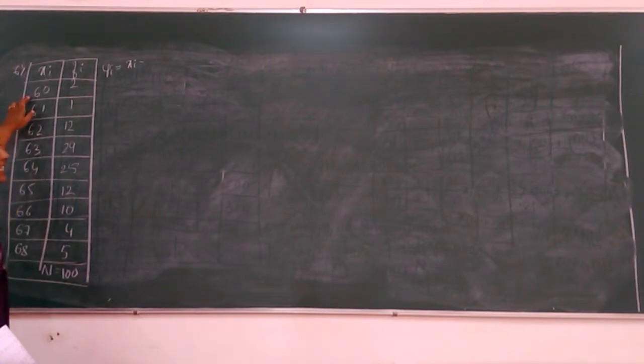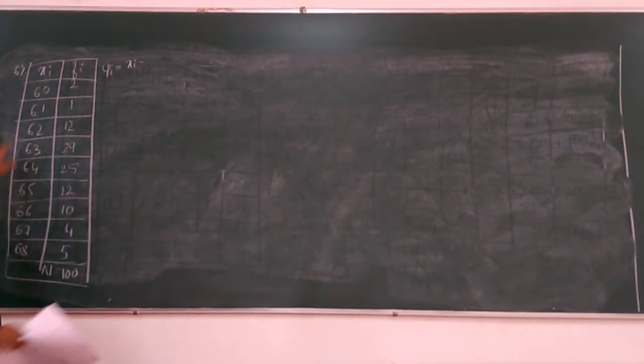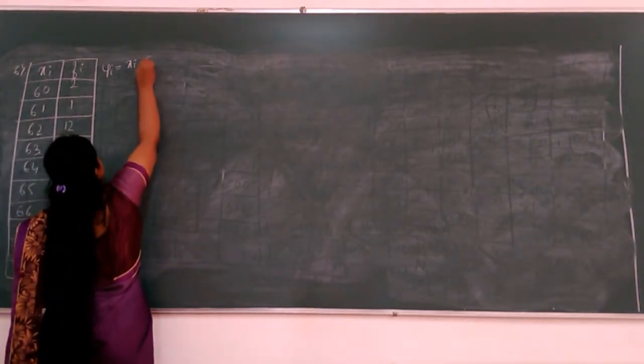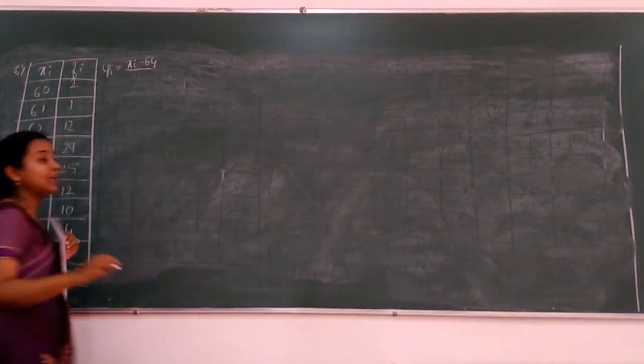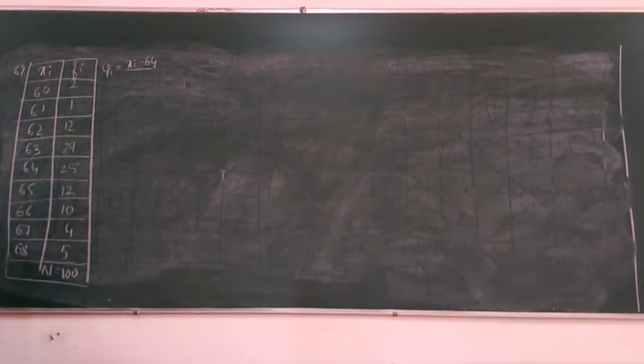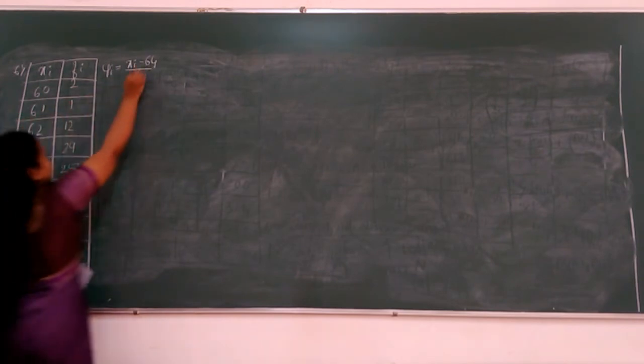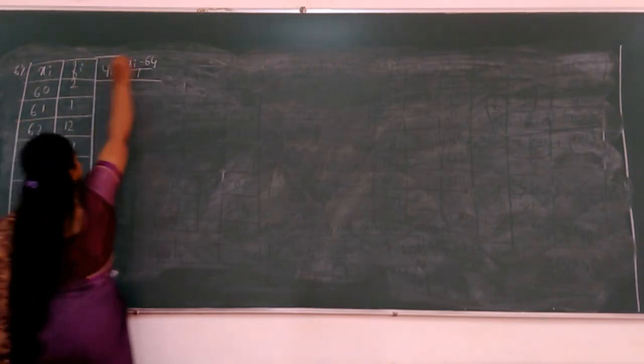Okay. So now let us first count how many are there. 1, 2, 3, 4, 5, 6, 7, 8, 9. So if it is odd, we will get one middlemost, simple one. So 1, 2, 3, 4. That is, you can consider 64. Why 64? Because above 64 there are 4 observations, below 64 there are 4 observations. So we will subtract each number by 64 but divide by the width. Here class interval is not there, but you can see a constant width between the numbers. What is the constant width between the numbers? It is 1.